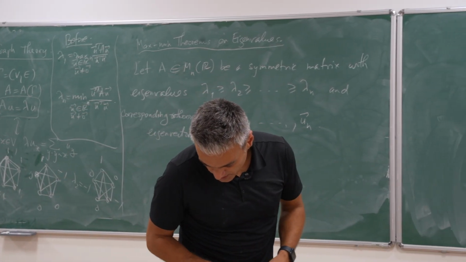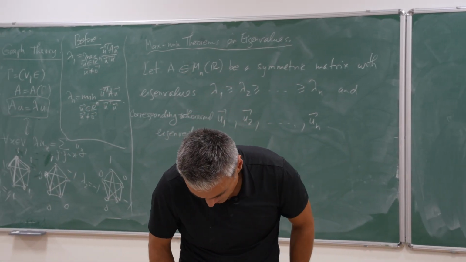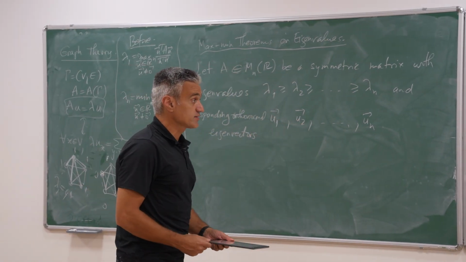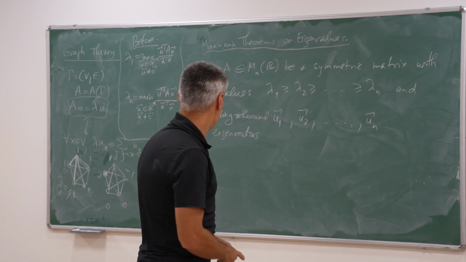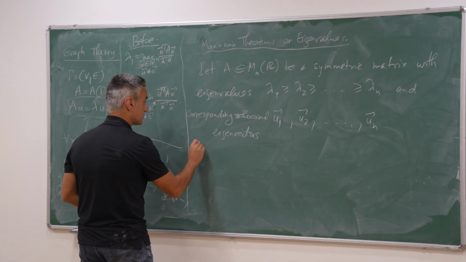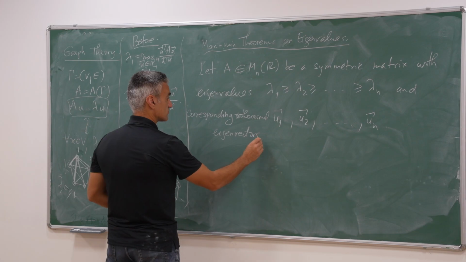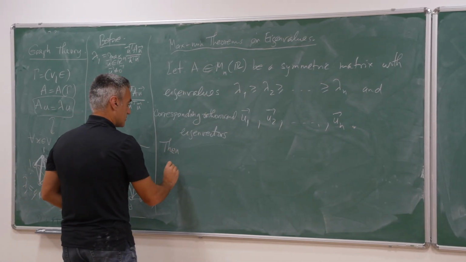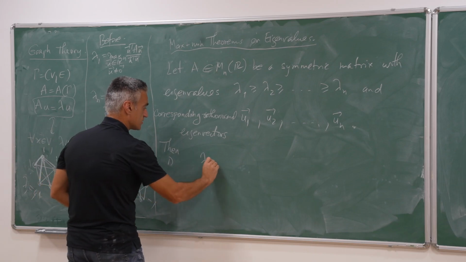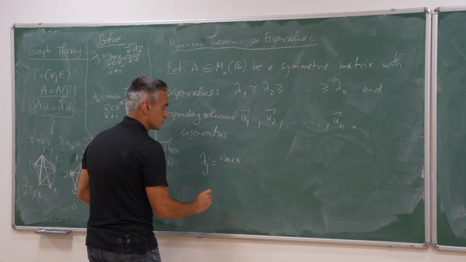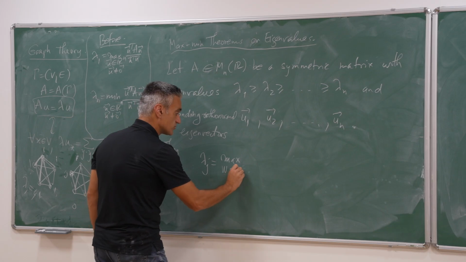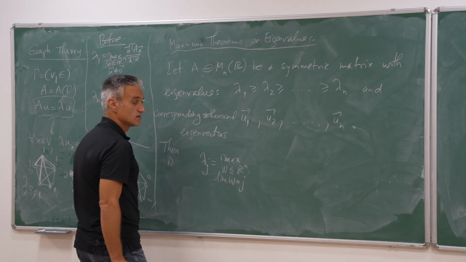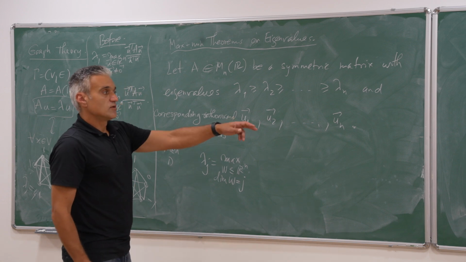Okay, so why am I telling you this? Because now we're going to write: lambda j is already the minimum of that. Okay, eigenvectors. Then, 1. Lambda j is going to be the maximum over all subspaces W of Rn with dimension of W equals j of the minimum of